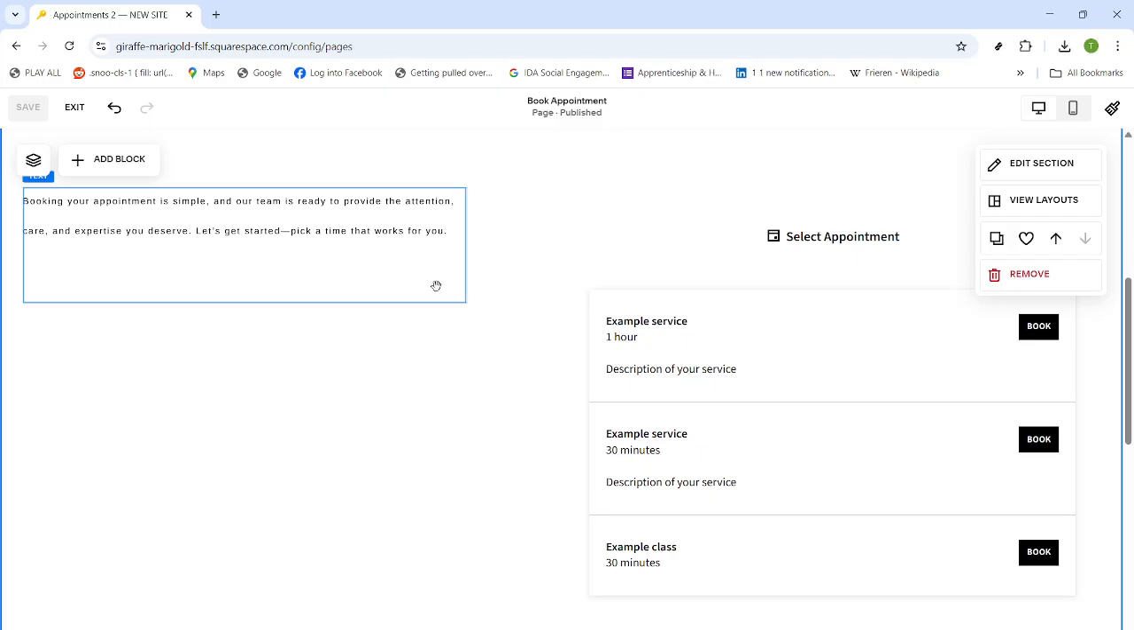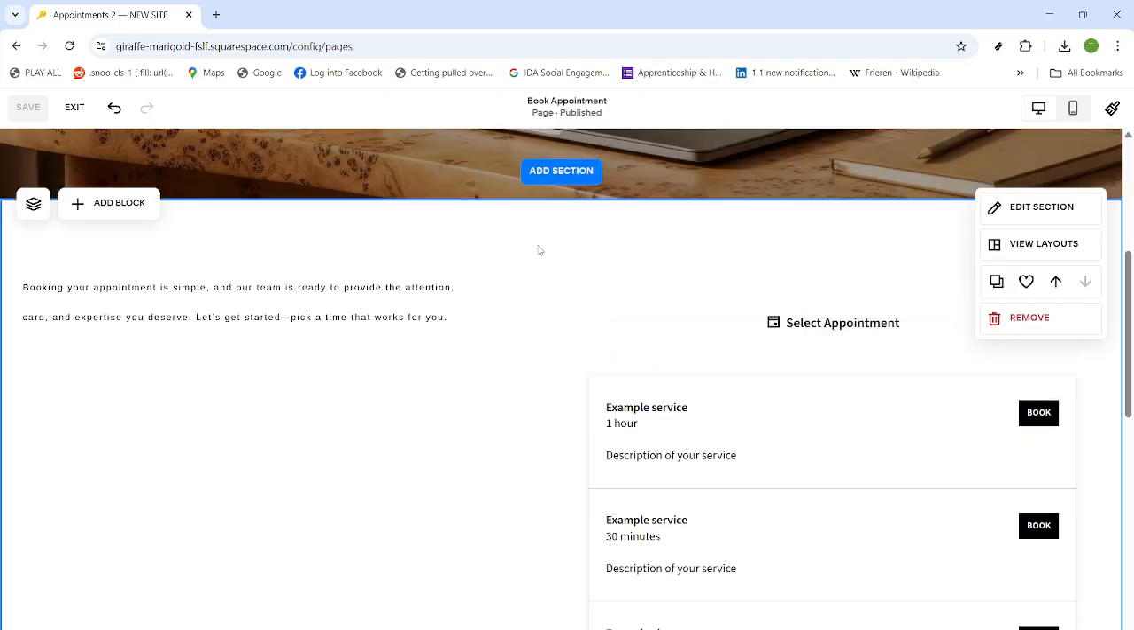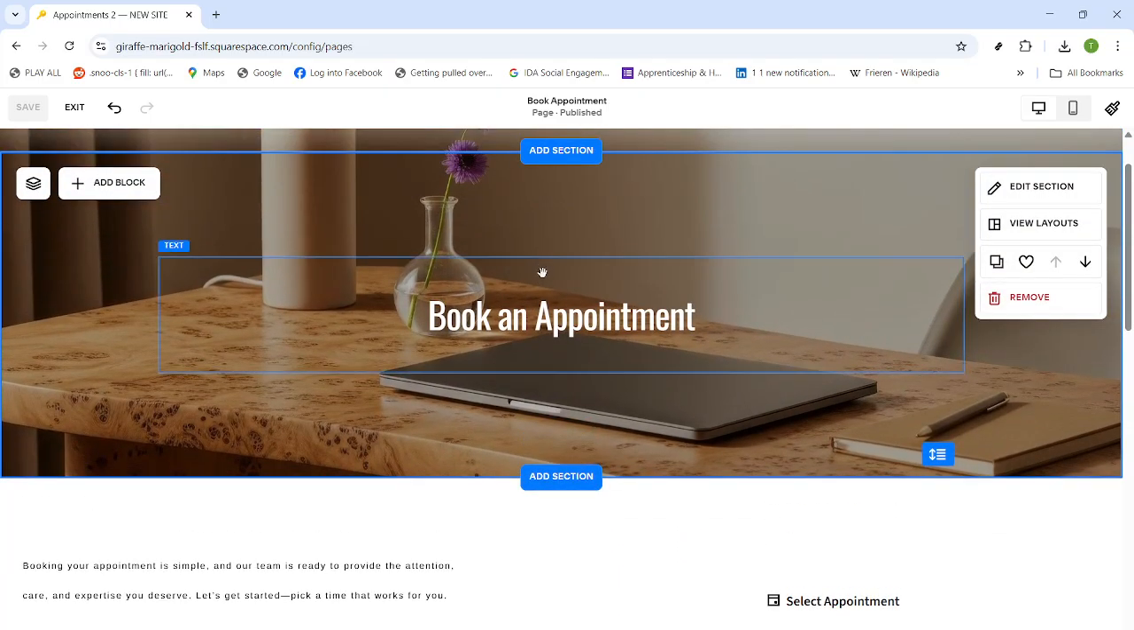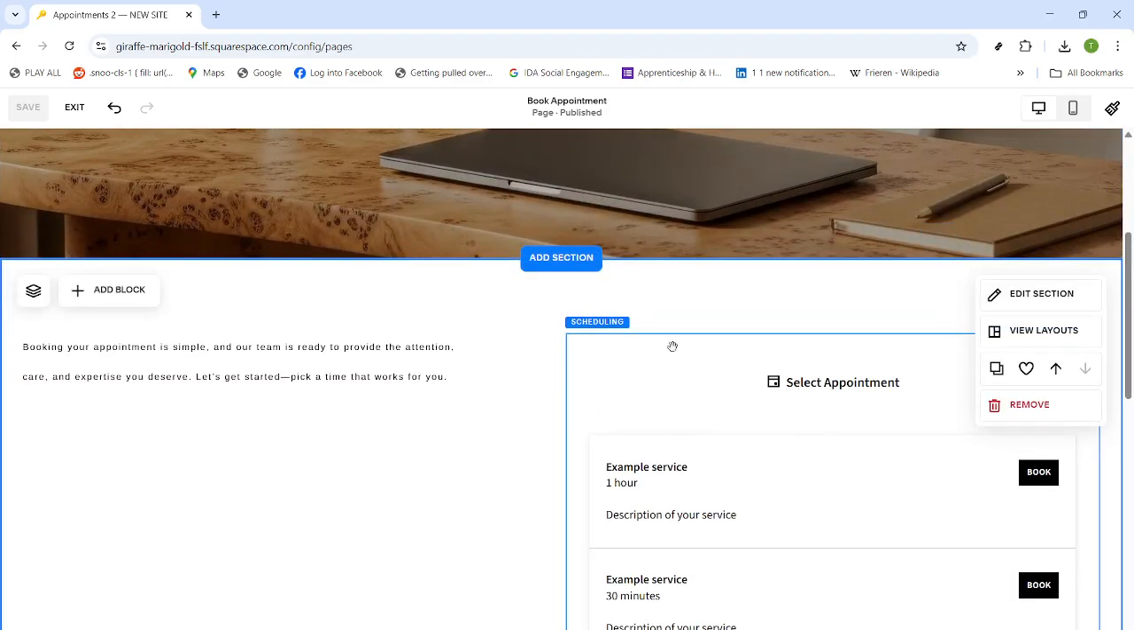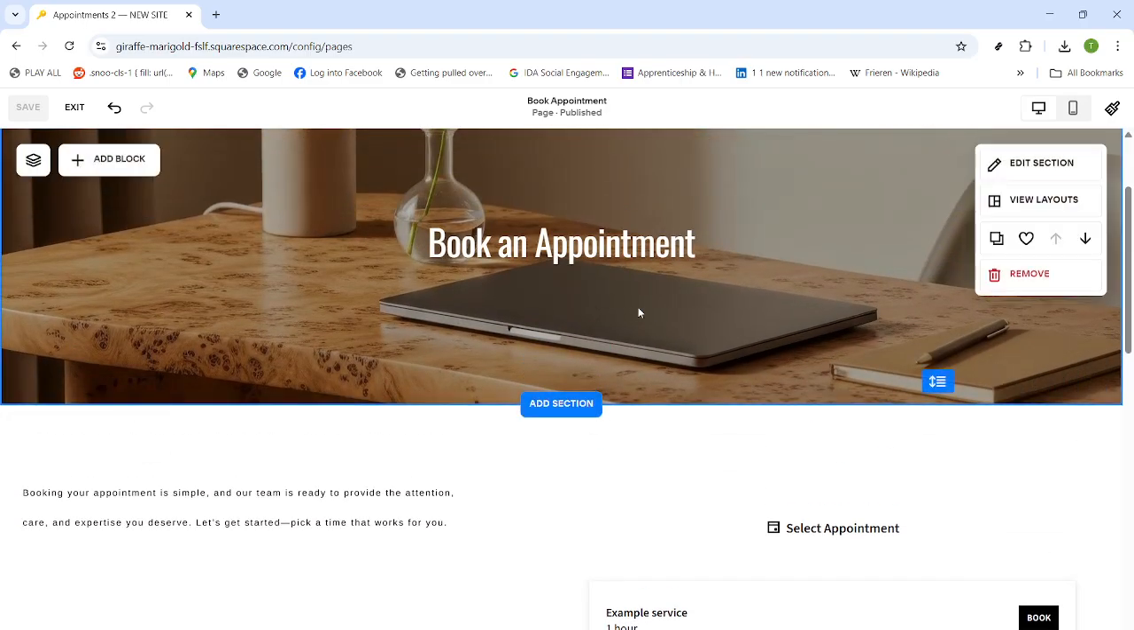A couple of quick tips as you wrap up. Check the page on mobile to confirm text sizing and buttons are easy to tap, and make sure your time zone and confirmations are correct in scheduling. With that, your Squarespace site now has a clean, free appointment booking